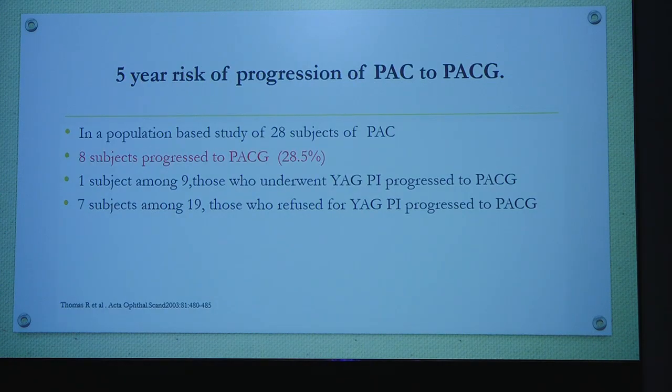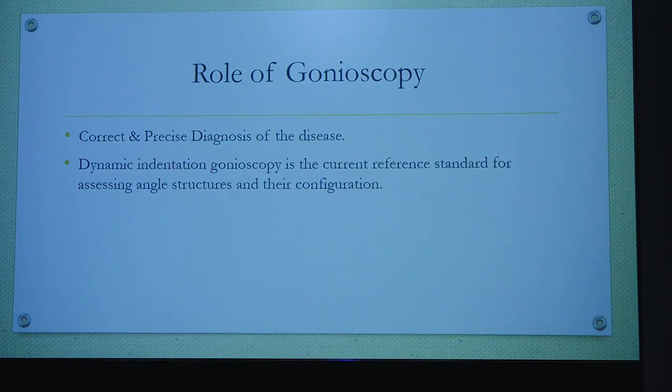Because as we know, even in this study done by Thomas et al., even if we have done PIs in cases of primary angle closure, they tend to progress to PACG also. That means timely intervention and evaluation is really required even after you have performed a PI for your case. So the role of gonioscopy is basically the correct and precise diagnosis of the disease,